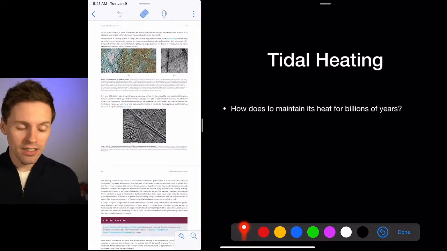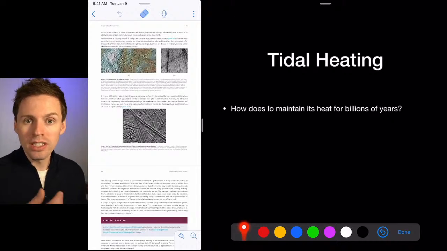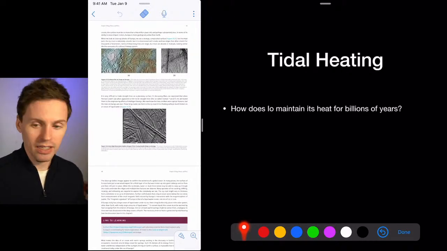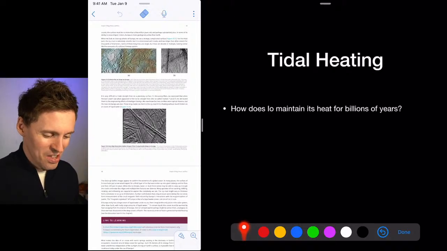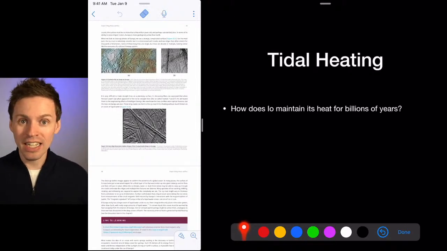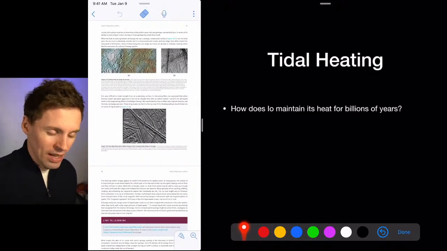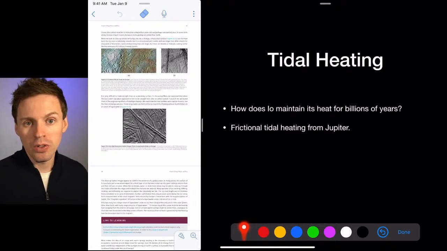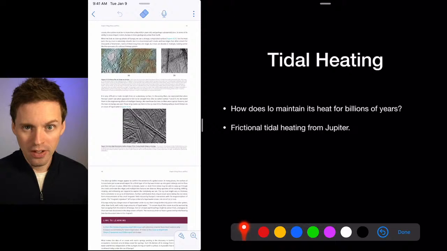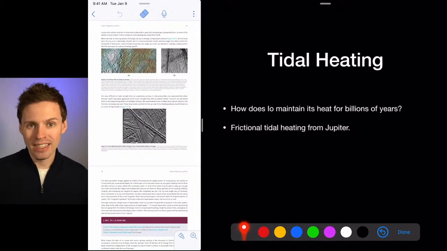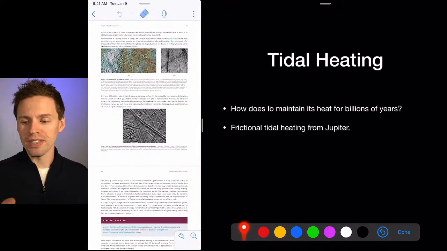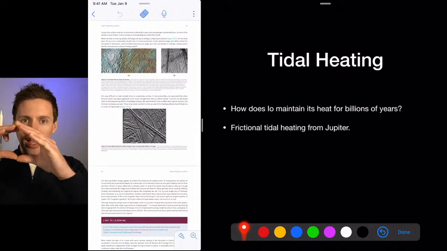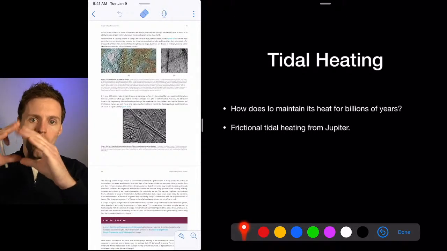So, tidal heating. Io, the pizza moon, is the most volcanically active thing in our solar system, besides the sun, which is just hot. So how does Io maintain all this heat 4.5 billion years after its formation? How is it hot enough to keep pumping out lava onto its surface? And it's because Io is very close to Jupiter, and it doesn't have a nice steady orbit. It rotates, and so that means it's getting elongated and stretched, and then the whole planet is being whooshed like that,